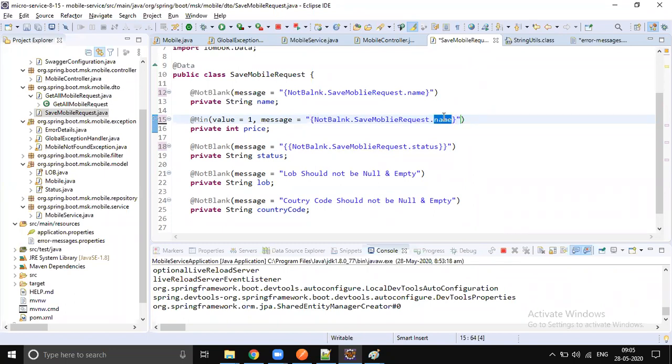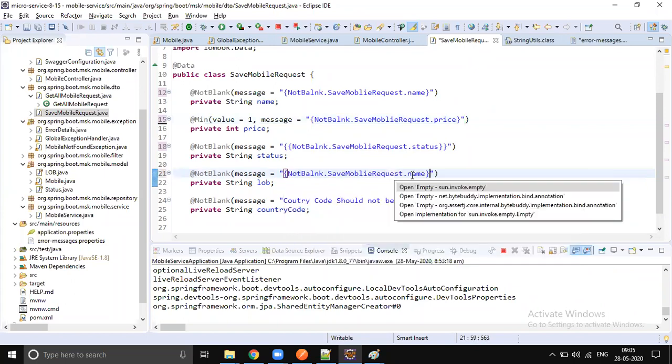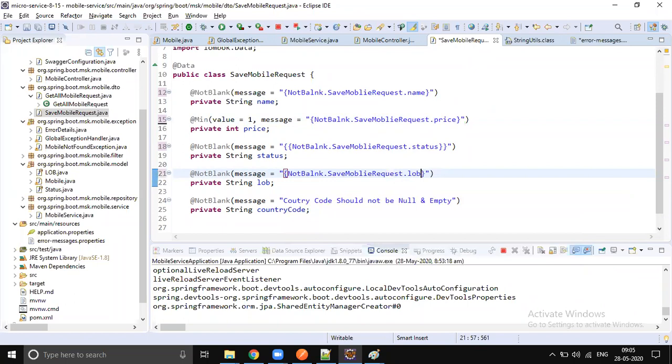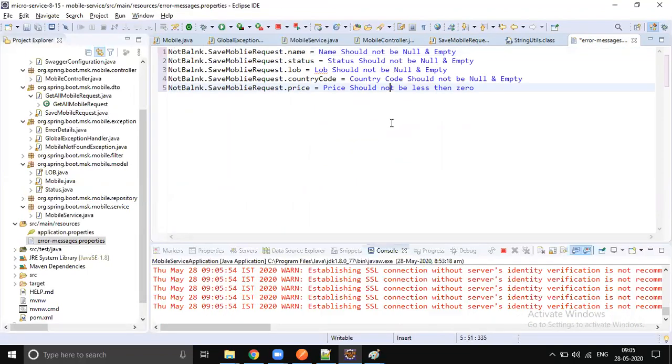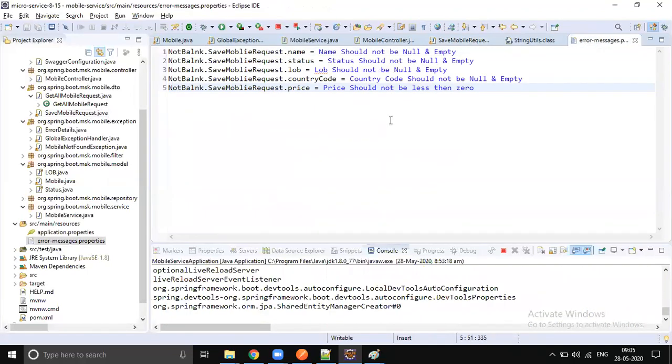It's a price, LOB, and country code. Name, price, status, LOB, country code. So now the messages will be loaded from this error messages properties.